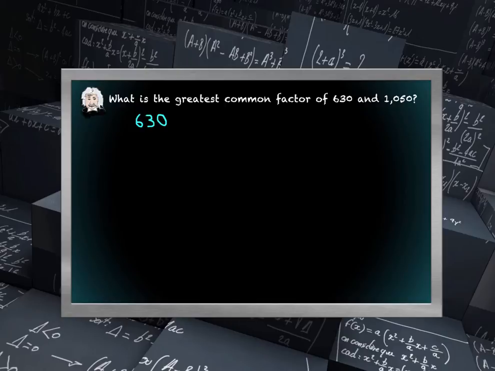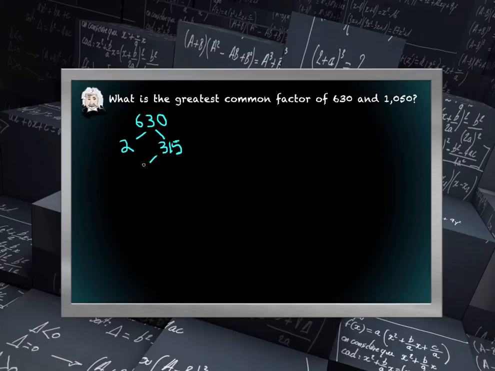So let's begin. We want to do a prime factorization of 630, which means we want to divide by prime numbers until we get to the point where we are down to only prime numbers and cannot divide that number anymore. So in the case of 630, well, that's an even number, so I know I can divide that by 2, and half of 630 is 315, and 315 ends in a 5, so I know right away it must